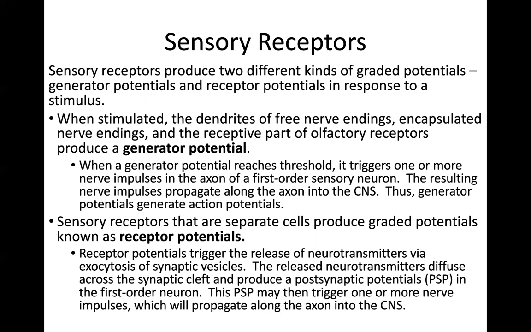Receptor potentials happen in separate cells. Generator potentials happen in free nerve endings, encapsulated nerve endings, and then in olfactory receptor cells,